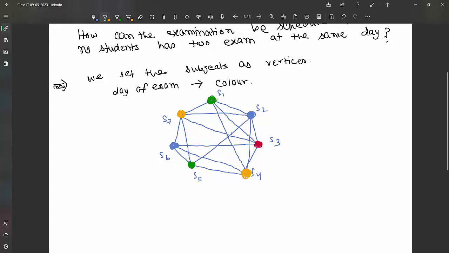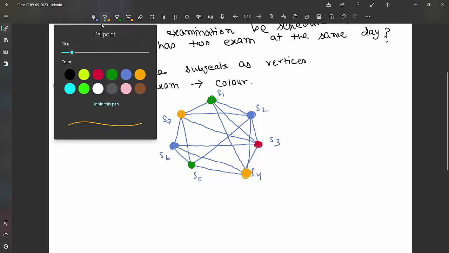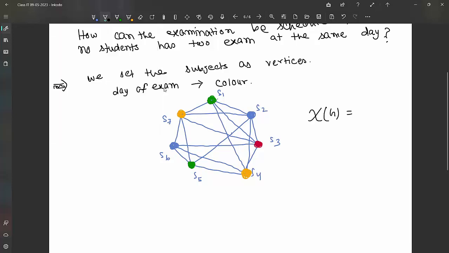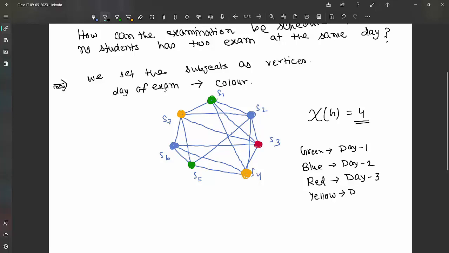So that's over. This is the coloring of the graph, and we need 4 colors to color the graph. That means the chromatic number of the graph G is equal to 4. We need 4 colors. That means if the green color represents day 1, the blue color represents day 2, the red color represents day 3, and the yellow color represents day 4,